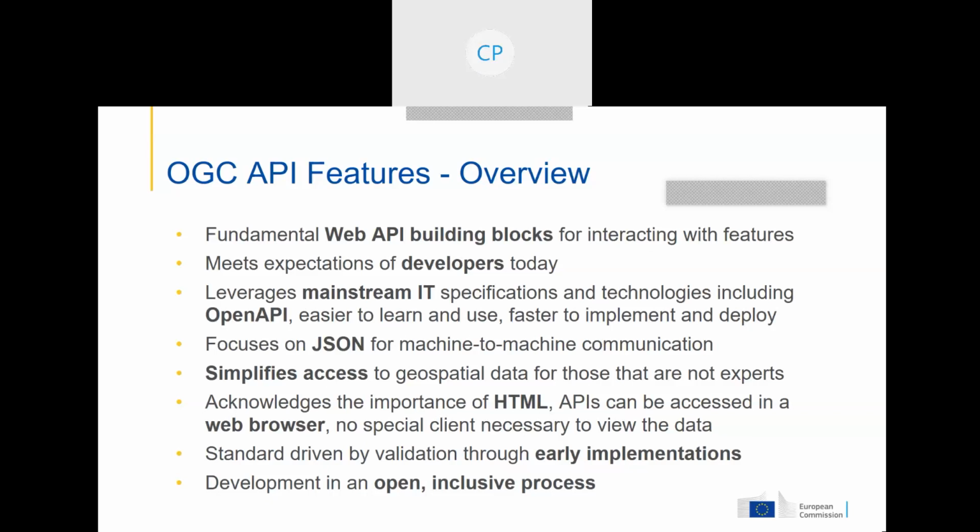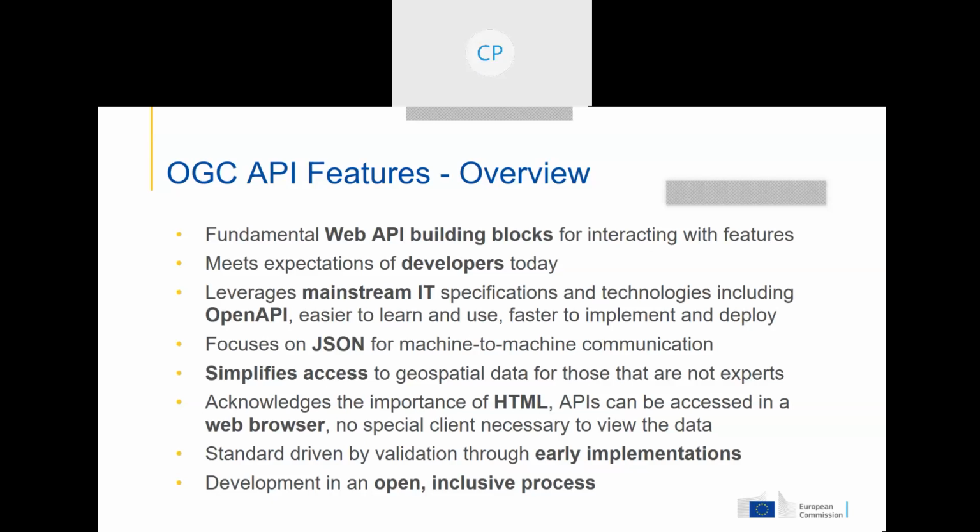And as a result, everything we do is much easier to learn and use. It's much faster to implement and also deploy. We got rid of the dependency on XML. We actually have no strict dependency on any encoding, to be able to go with whatever is the flavor of the day.